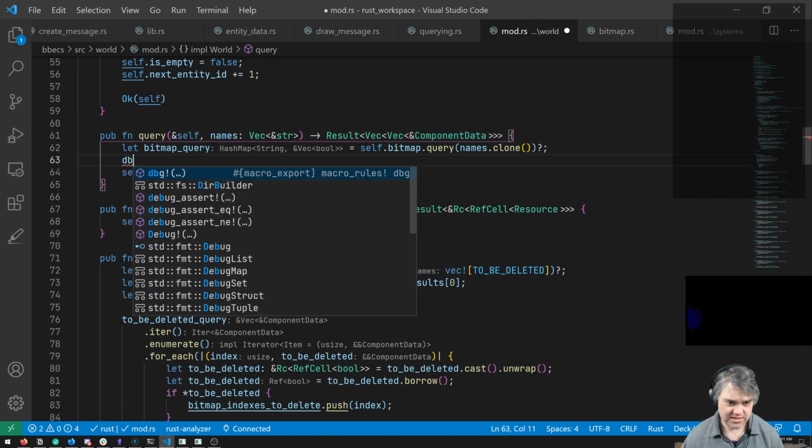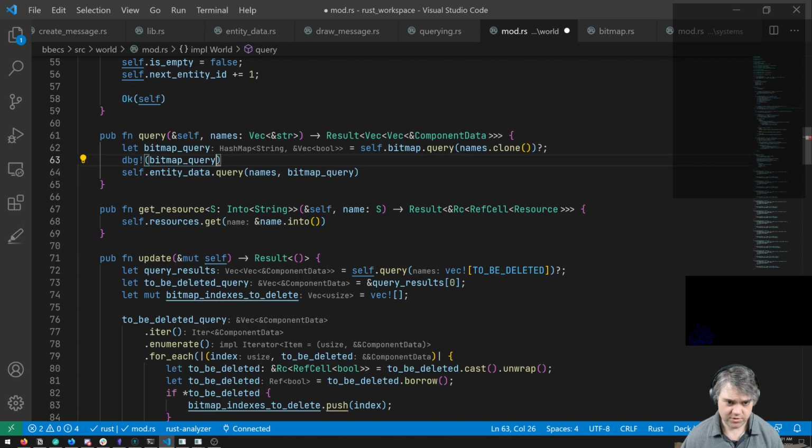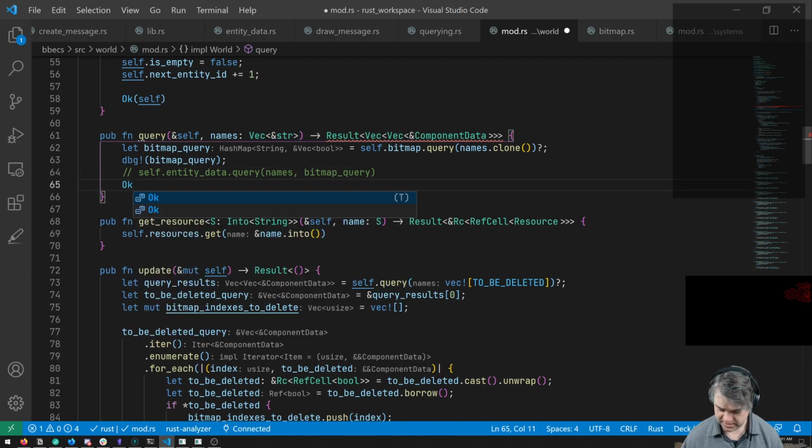Now if I do the debug of the bitmap query, it's not running right now. Let's just do a todo. It'll panic, but we should get the debug out, and that's all that matters.